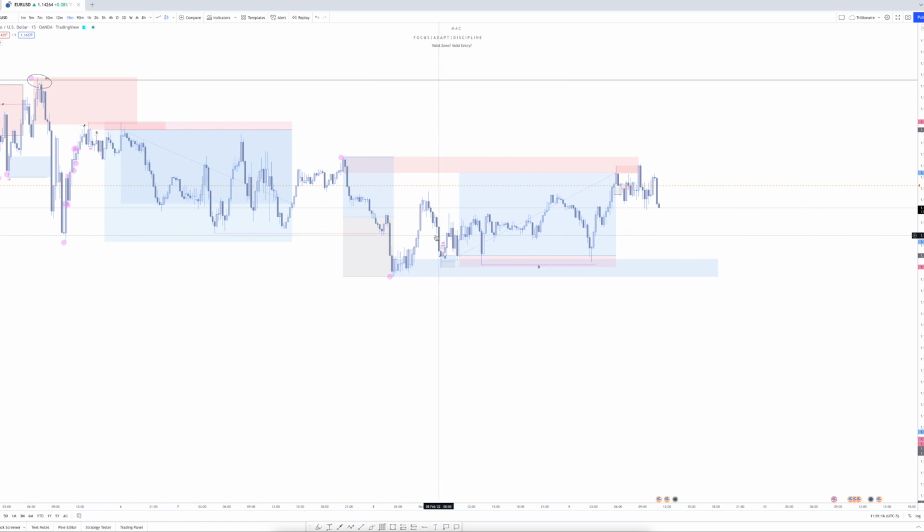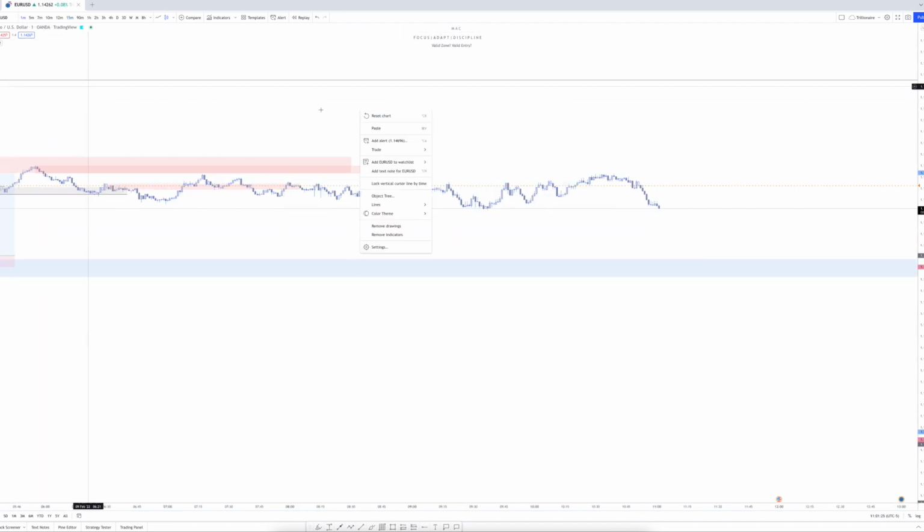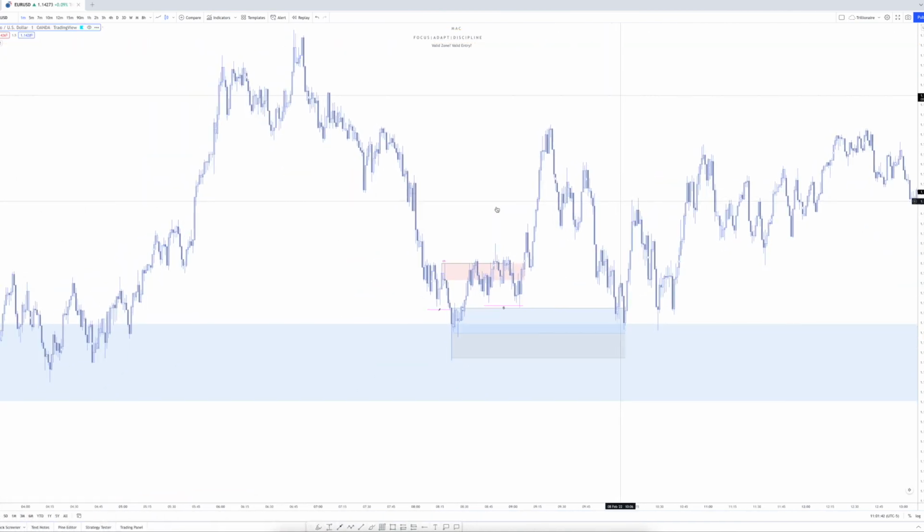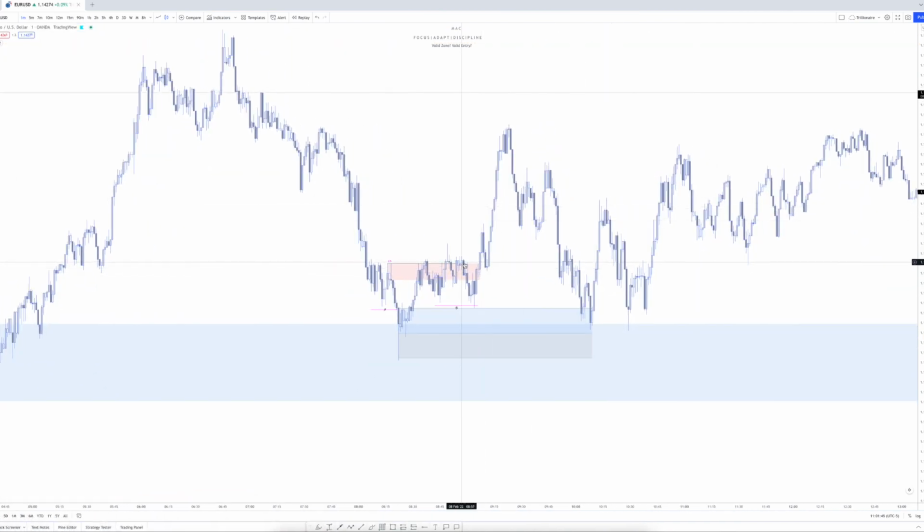So we were within this area here, okay? You guys already saw the points of interest that I had labeled, this one here and this one up here. And let's go ahead and break this down to the M1 time frame to see what's really going on. So on the M1 time frame, all of our entry confluences take place, and it was extremely beautiful. So we can see that price sweeps liquidity here, pushes to the downside, taps into our higher time frame zone that you guys saw me mark out on the live webinar within the Telegram community.